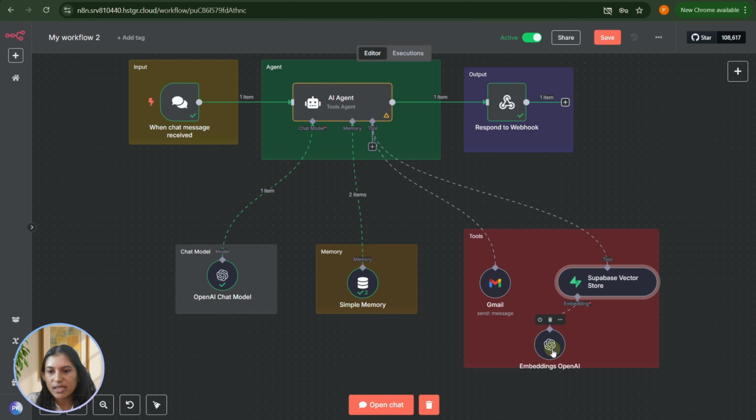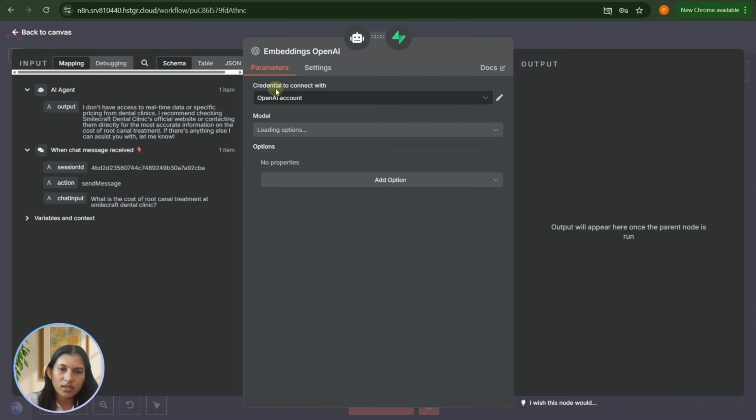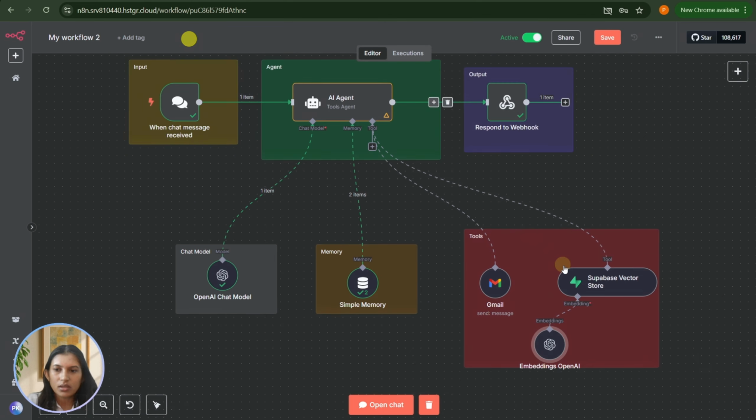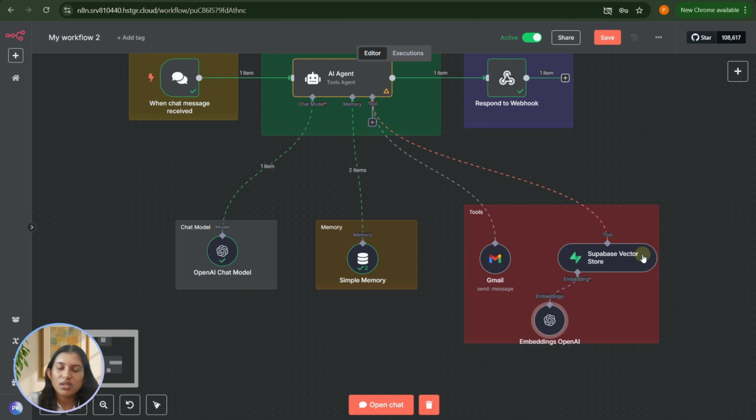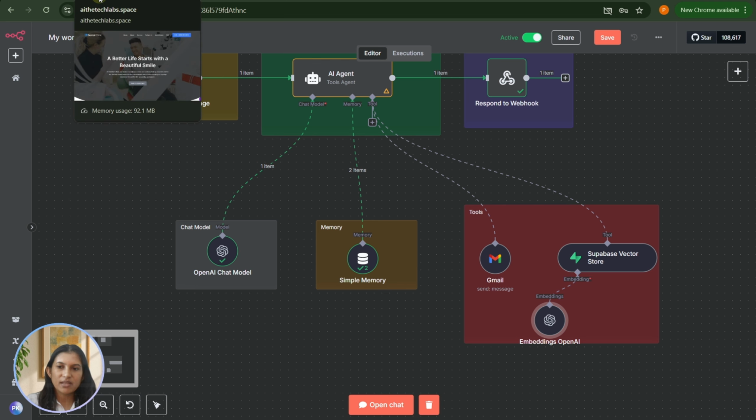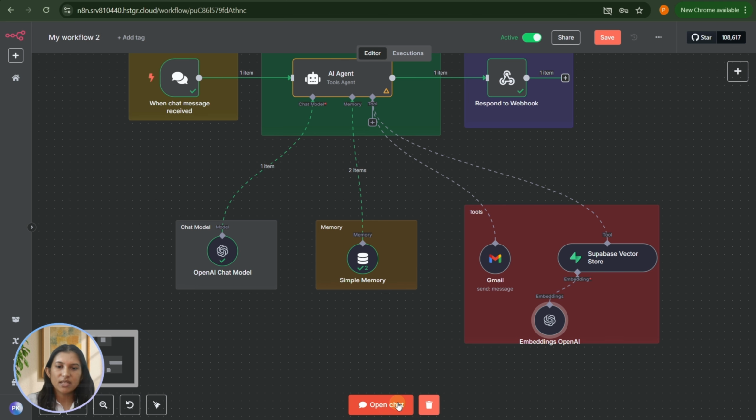And we need to select this OpenAI embeddings model here. You can add the OpenAI account, and then this AI agent is able to access the vector embeddings of the private data of Smilecraft Dental Clinic, and the AI agent will be able to respond to the user question with respect to Smilecraft Dental Clinic. Let's quickly test it out.